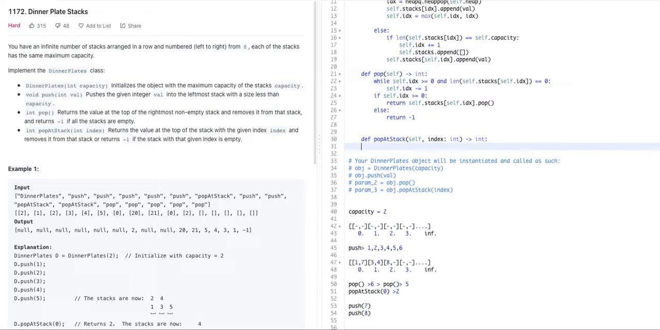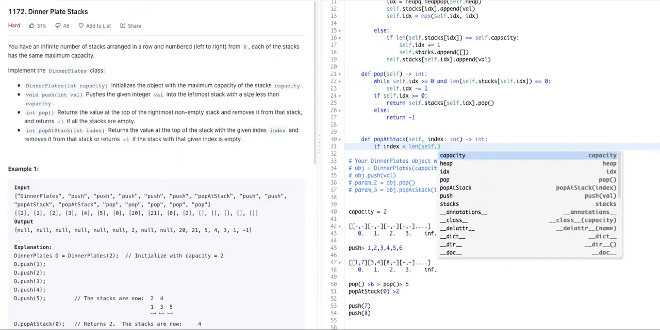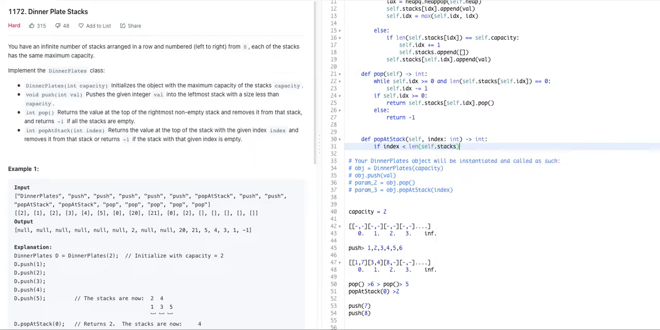And now let's deal with this, the pop at the stack. I'm going to run examples, so if there is a confusion here, you can understand it, and we can fix it later. So if the index that is given to us is less than that, we need to check if it is within range or not. Length of the stacks, and also if the length of self.stacks at that index is bigger than 0,